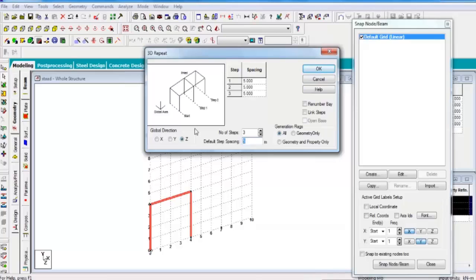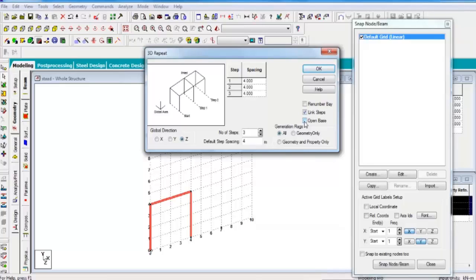I will give a spacing of 4 meters. And link steps: those panels, columns and beams connect together by link steps. And open base: you want open base or close base, then you click open base.